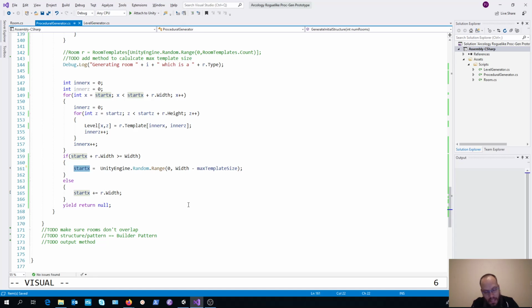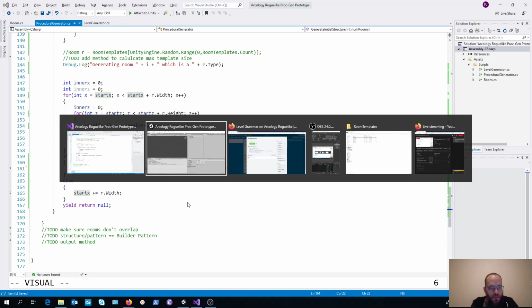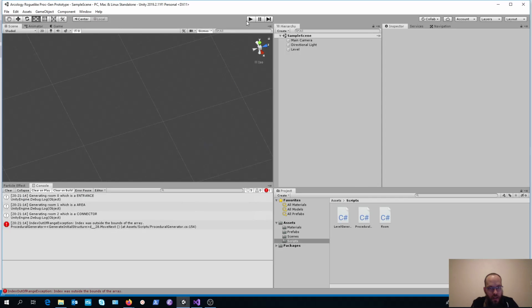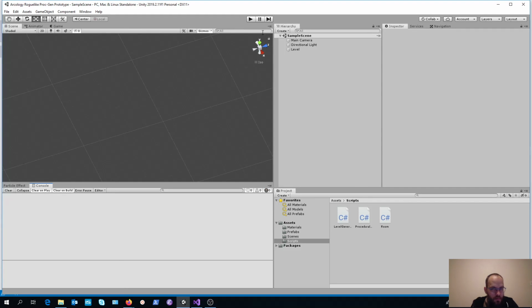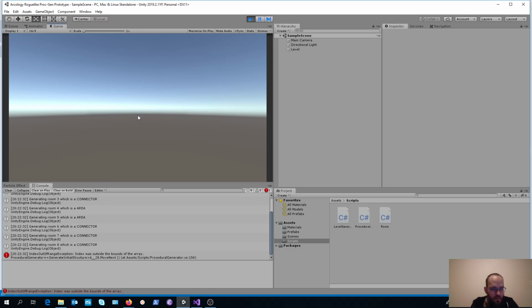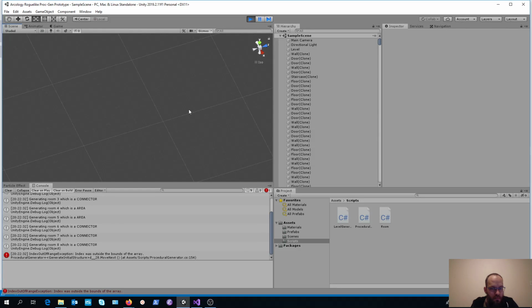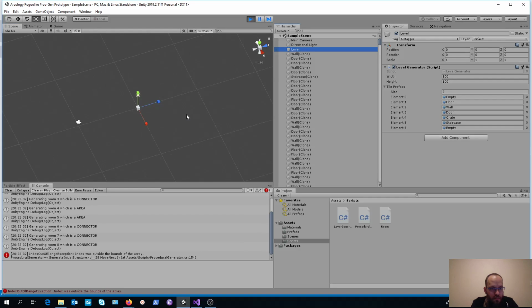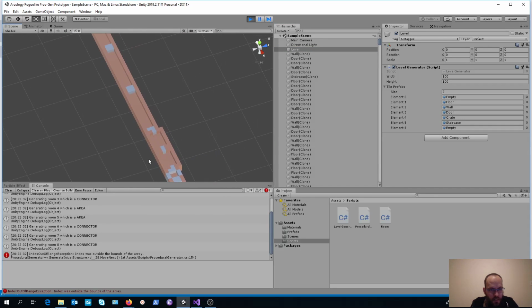Otherwise, we just keep adding onto our rooms, and we slap them all together in a long line. And as you can see there, we had a nice long room,